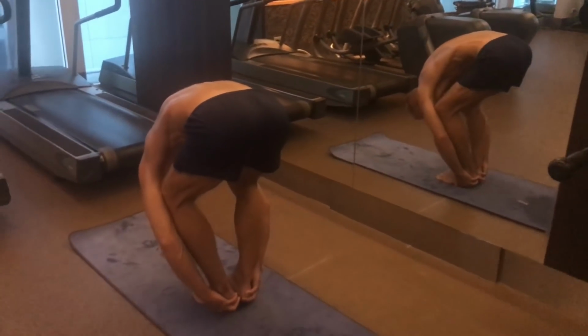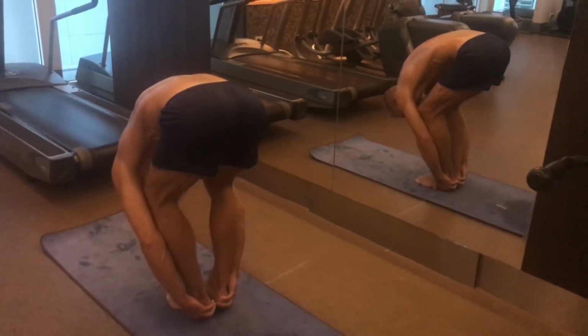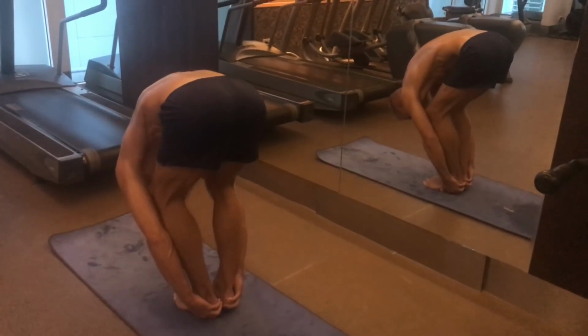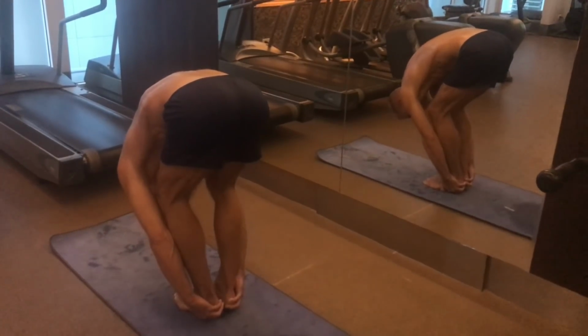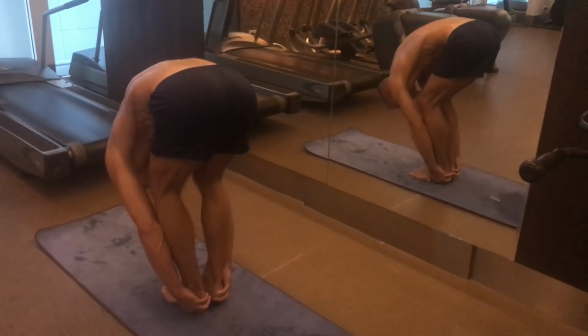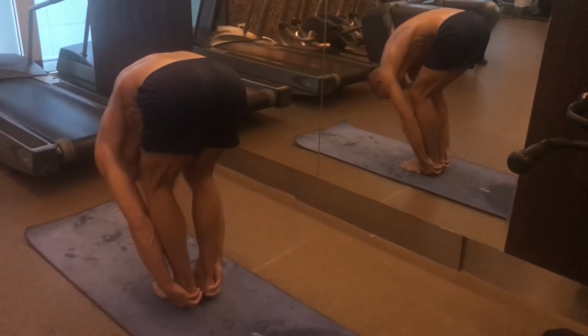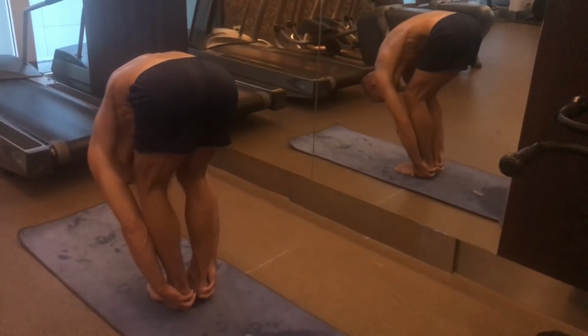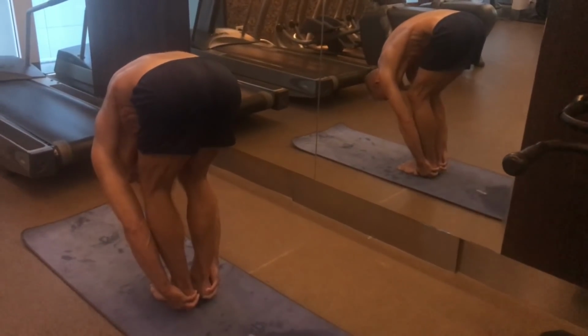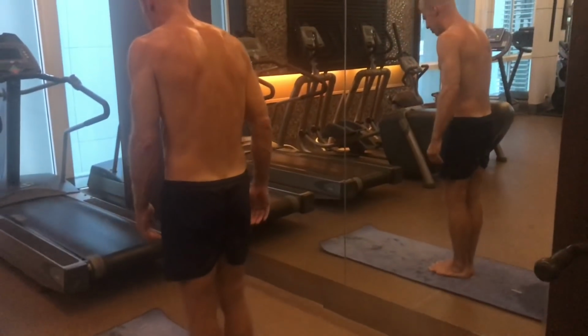So I'm pulling my head, I'm pulling my forehead towards the ground as much as possible. And then I'm going to straighten my legs, and I'm going to try to open up my lower back. So I'm pulling, and I'm using my arms. I'm fully using some power here. I'm trying to stretch my body. Sometimes I hear it crack. Okay, that's it. Okay, so I go from this